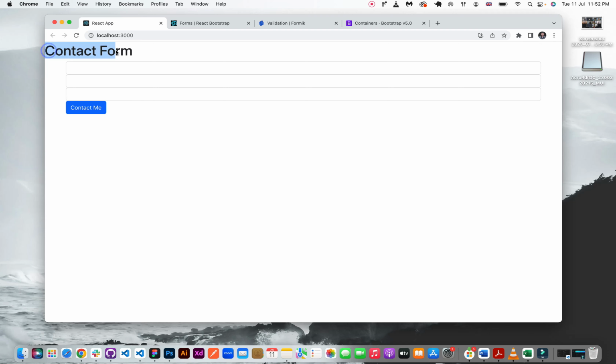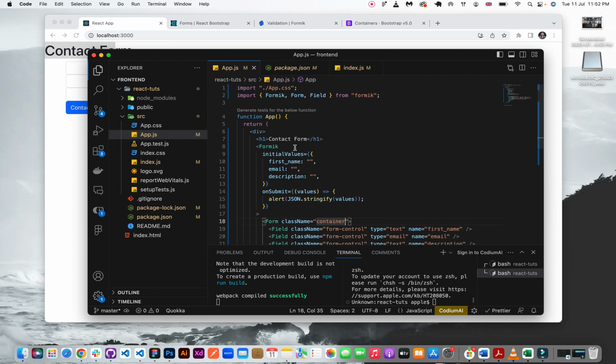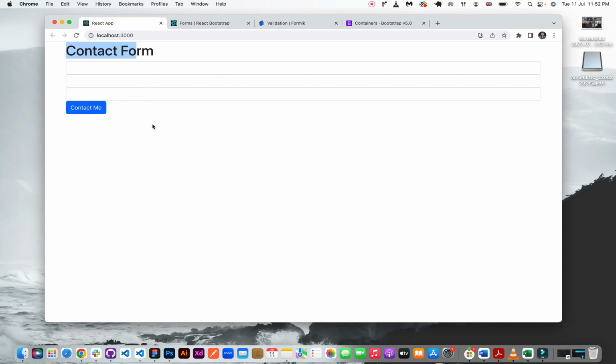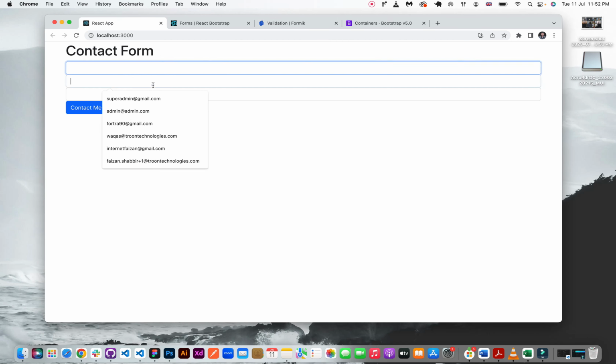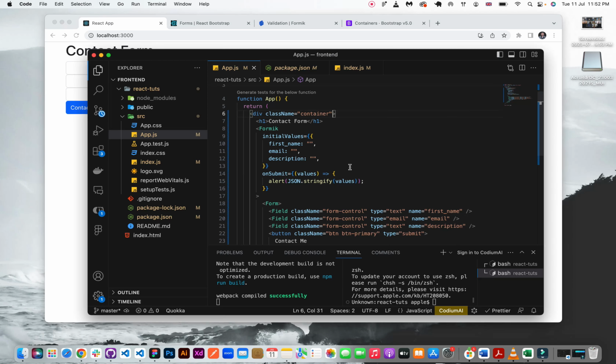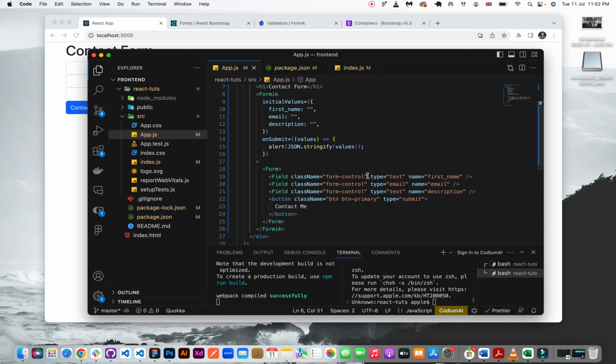But the contact form heading is also there. So what we're going to need is basically to wrap this class name to the main div here. Now you can see that it's basically giving the style. Now these fields don't have any placeholder, so what we're going to do is quickly add the placeholders to these fields so we can know what kind of field